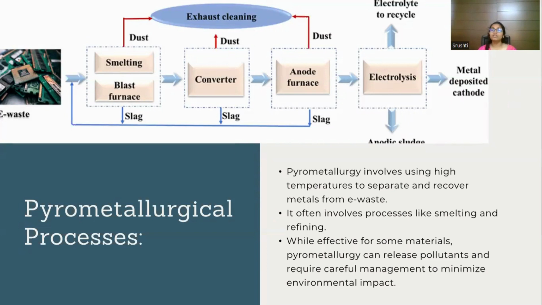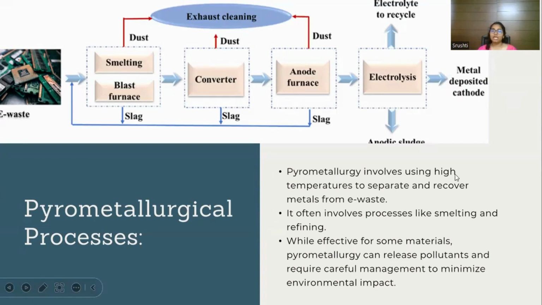Pyrometallurgy process. Pyrometallurgy process is usually used for the extraction of metals which are non-ferrous, like aluminium, copper, lead, etc. Pyrometallurgy process involves two steps followed by hydrometallurgy process. These two main steps in pyrometallurgy process are pre-treatment stage and metal recovery stage. Pyro means fire or high temperature. You can guess from the word pyro that in this process, high temperature of fire is being used for the extraction of e-waste.